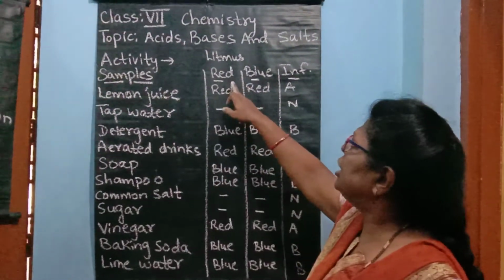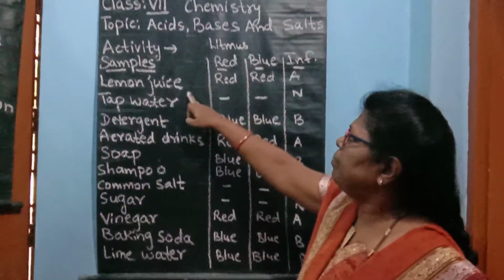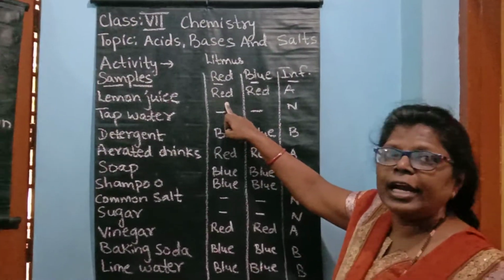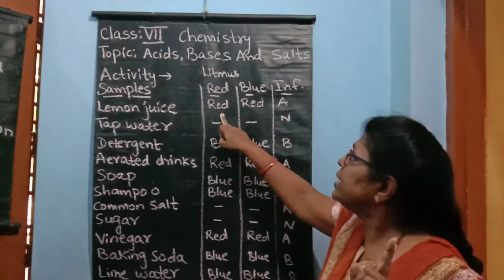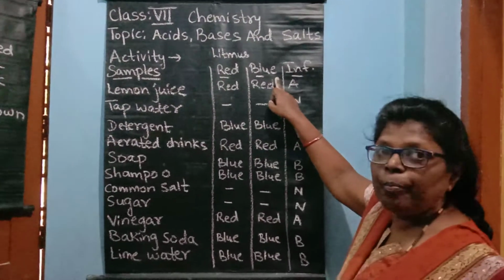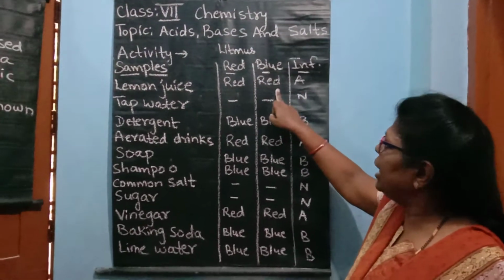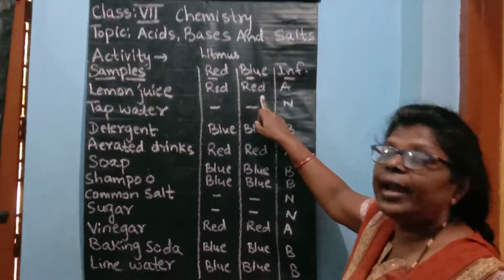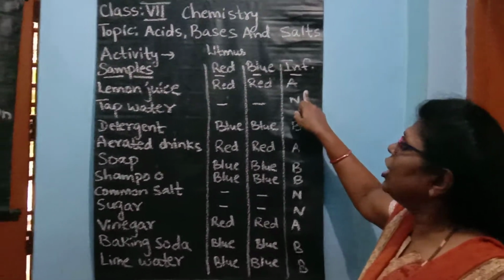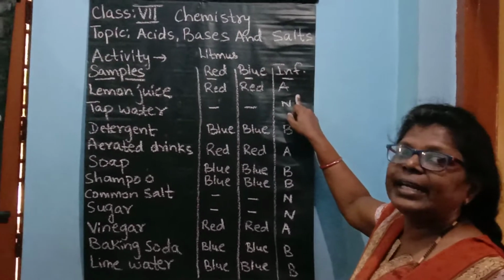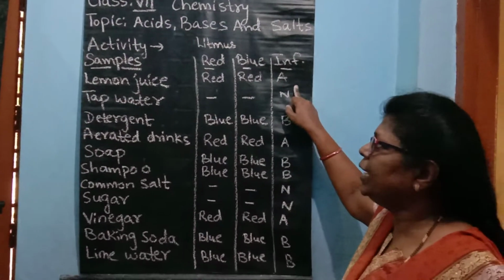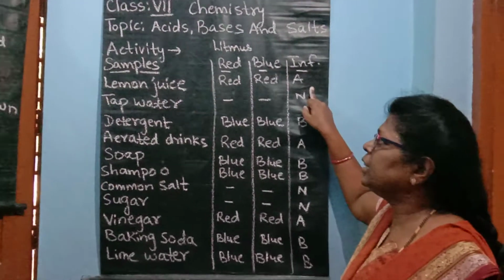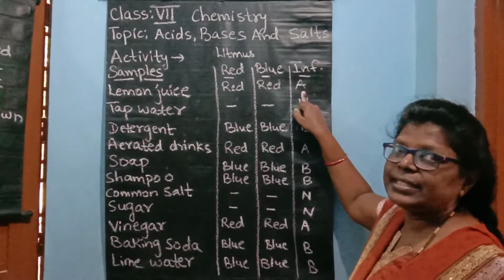So now first we will dip the red litmus paper in the lemon juice. There will be no change in the red litmus paper. It remains red. Now take the blue paper strip and dip it in the lemon juice. The blue paper will change into red in color. So what is our inference? That it contains acid. So it is acidic in nature, because lemon juice contains the acid. Citric acid is present in the lemon juice. So we will write acidic in nature.